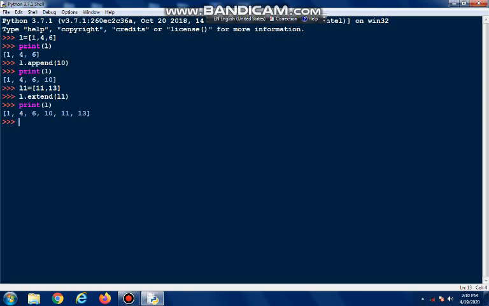Next method we have is, if I want to delete some element from the list, we can use pop method. Now this pop method or function, it may take or may not take any argument. If we do not give any argument, then it will delete and return the last element of the list. So if I hit the enter key, last element is 13,